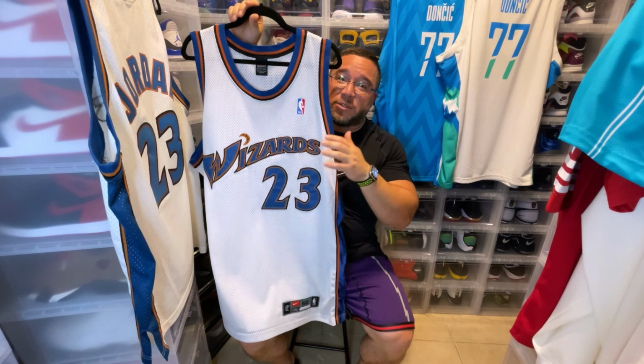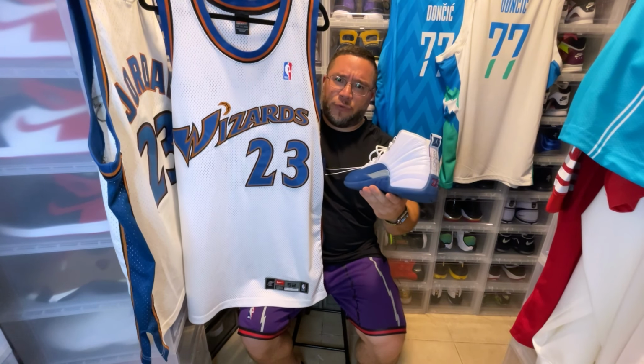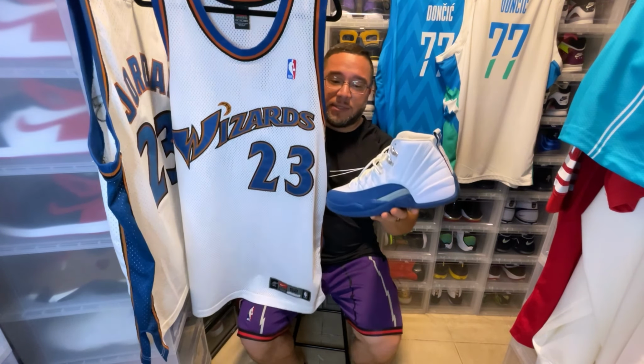And then a couple of years later, the original version of this is the Jordan 12 French blue, of course. Kobe would wear these as well with the Los Angeles Lakers script throwback. And that was just beautiful. That was the most iconic player to rock these. But if you look at this colorway,